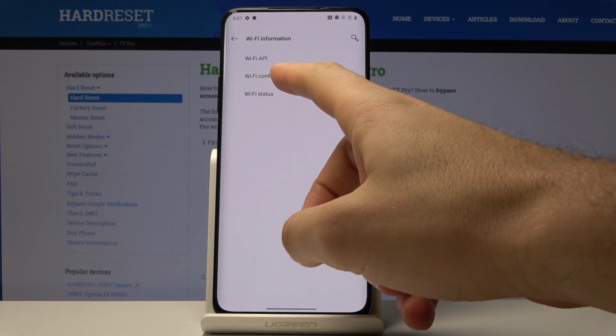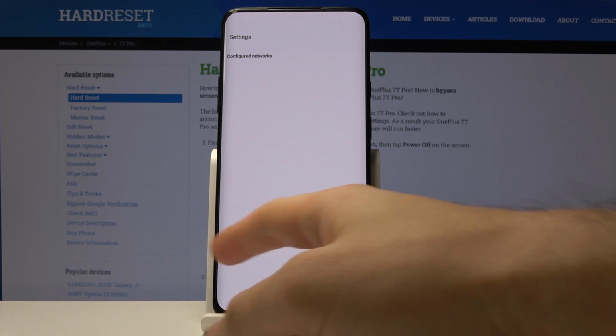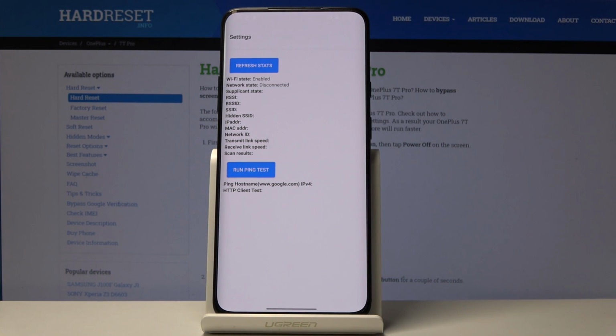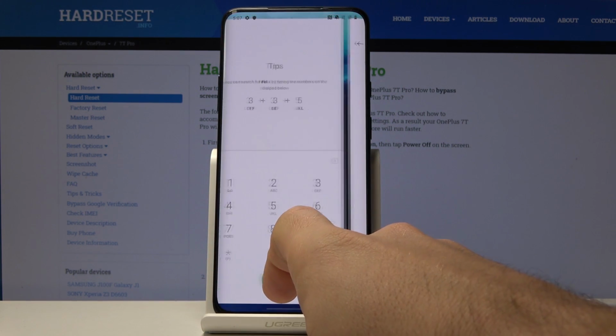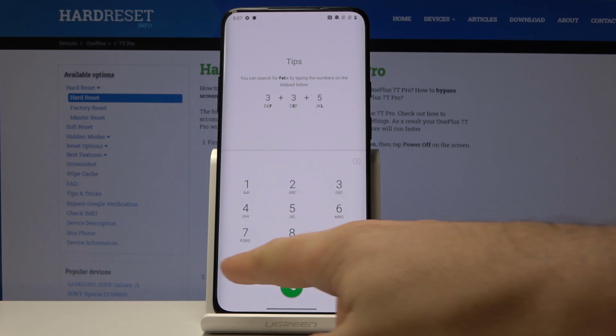You may also here choose Wi-Fi config. Here you should find configured networks. You can select Wi-Fi status, and here you can refresh or start or run a ping test. Use the back key twice, and let me quit this mode. Here you can also open the calendar info, the calendar storage. So in order to do it, let's use